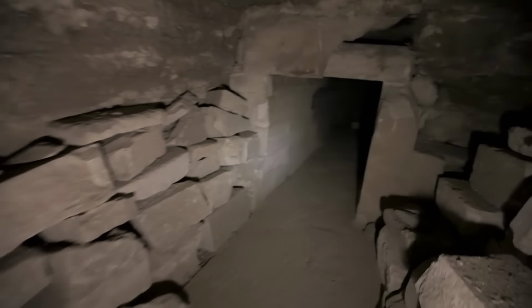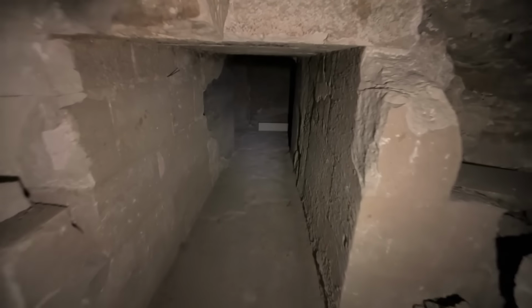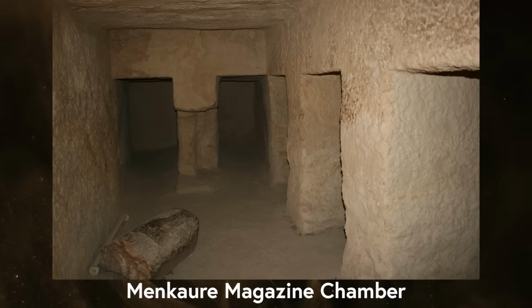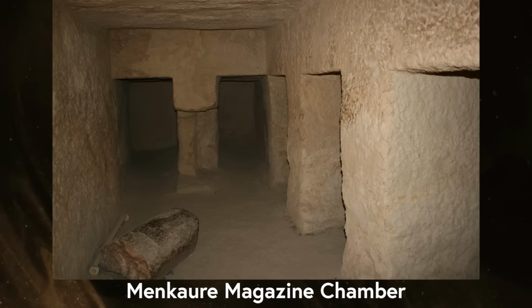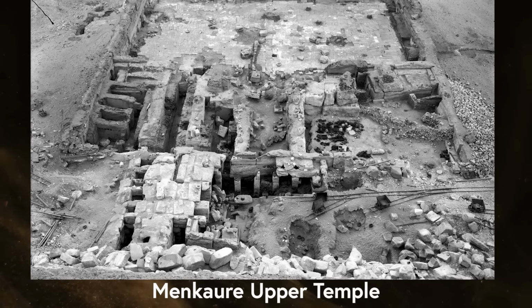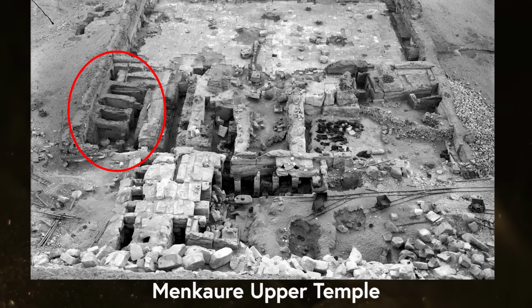which refers to a closed space with a Ka statue or other offerings, but I don't think that's a correct interpretation for pyramids. The magazine chambers are not sealed off. They all have a doorway which shows no signs of being bricked up. Their architecture is somewhat reminiscent of how pyramid temples are designed, with many long, narrow spaces that presumably held sacred